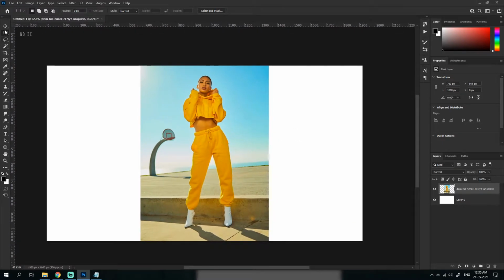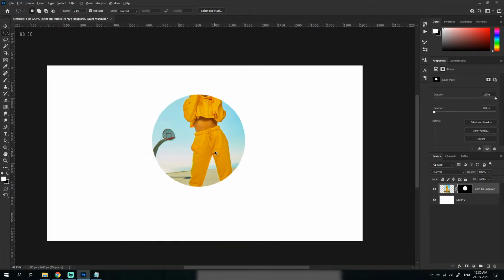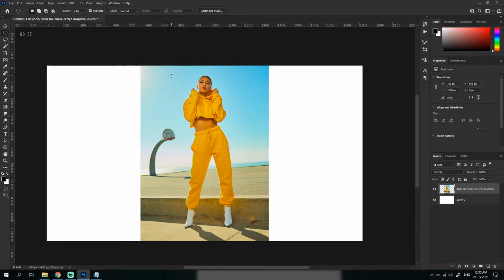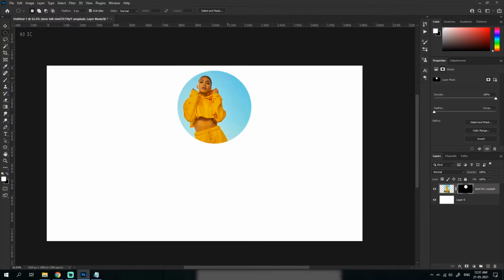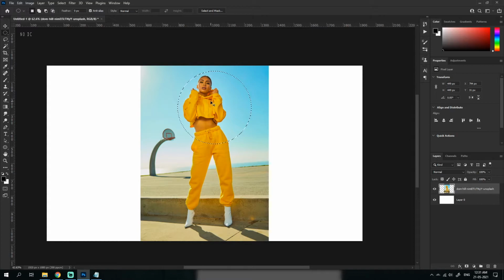Now the next thing we will see is the elliptical marquee, same as this thing but just a circle or oval depending on how you use it. See, I just dragged it in and made it like this. Now one thing I'll show you is, you could see if I make a mask, the edges are pretty hard, or like there's no softening in it. It's called hardness in Photoshop at least.